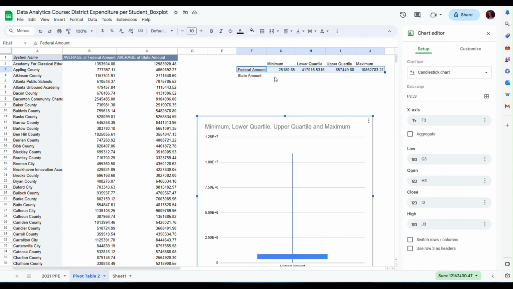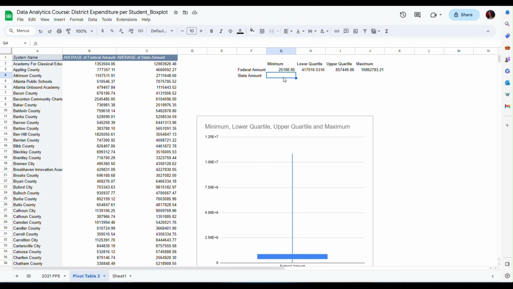But let's do the same thing for the state amount, because the box plot, or the candlestick chart as it's called in Google Sheets, allows to illustrate several distributions side by side, just to be able to compare their location and spread. So let's do the same thing with the state amount. So the state amount is represented in column C. I'm going to type equal min and then parenthesis, and in this case I'm going to type C2 to C219 and enter,